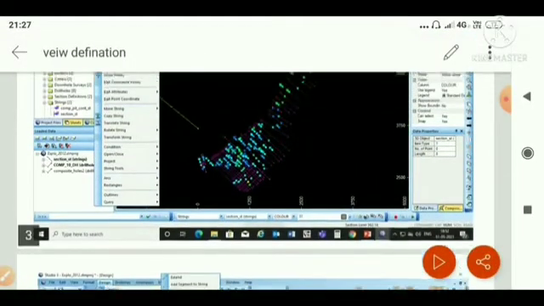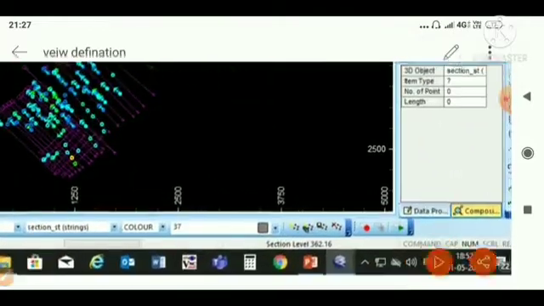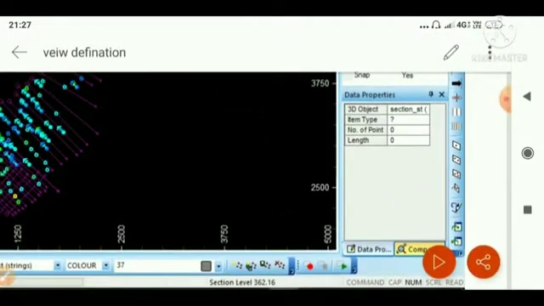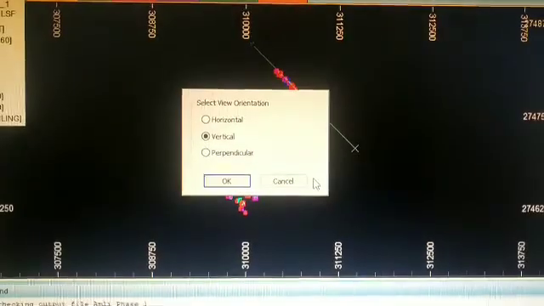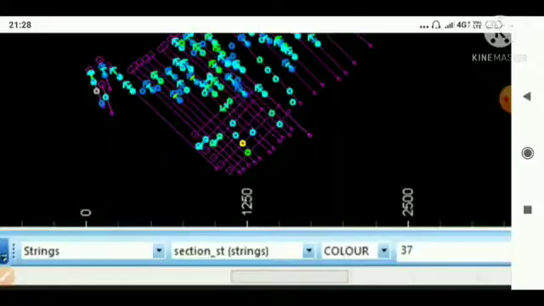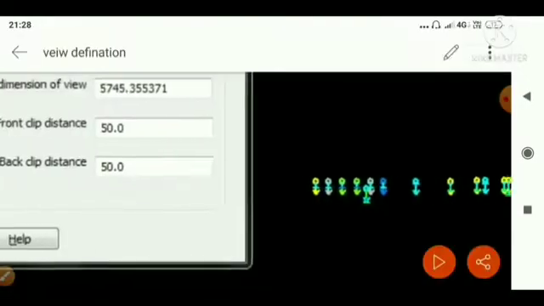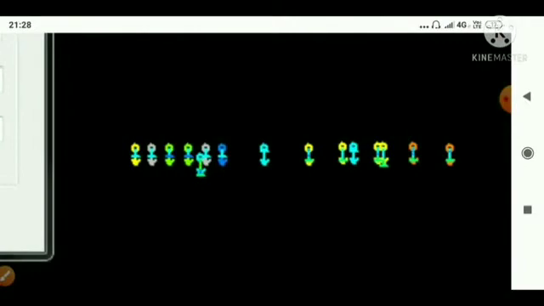Here we can see our drill hole file is loaded, and we can see our drill hole file in the design window. Now we will go to the 2 point command, and we apply it on the drill hole file. After taking the 2 point command, we will click at both ends of the first section of our drill hole file. We will get this window now, and we will choose vertical. Now our borehole file will come in cross sectional view. Here we can see the cross sectional view of our bore holes.